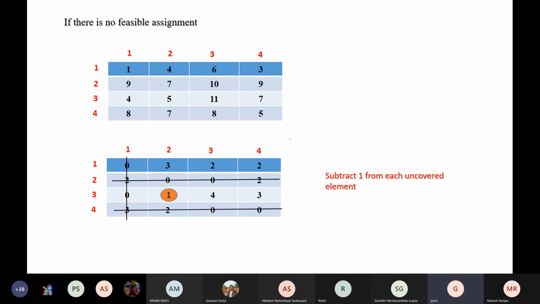So you are getting these horizontal and vertical lines, and you see all zeros are covered. Then the minimum element is 1, which is circled here. So you subtract it from the uncovered elements and then add it to the intersection of the lines, as you have said. Wherever you see an intersection of the vertical and horizontal lines, you have to add this minimum element to that. So this 2 becomes actually 3. So you get a new table with these modifications. What is the new table?